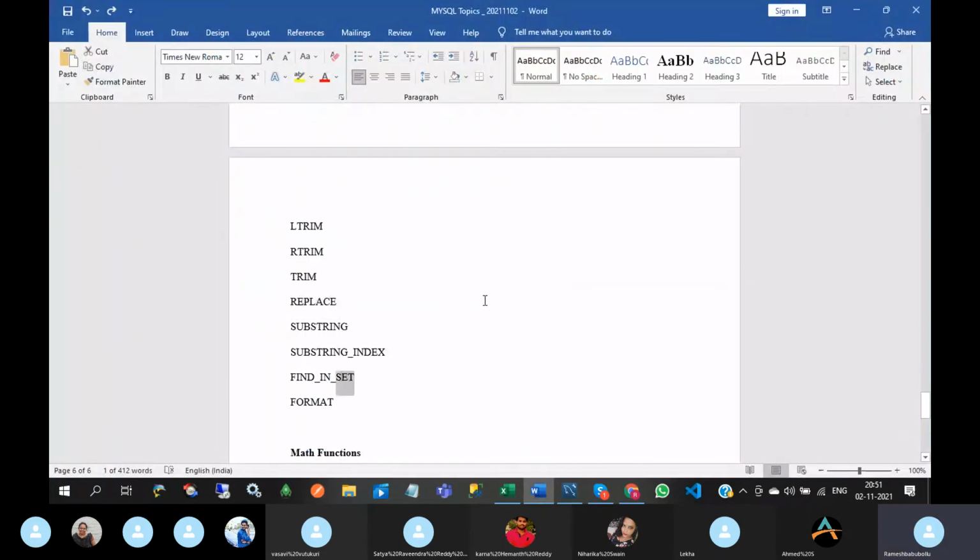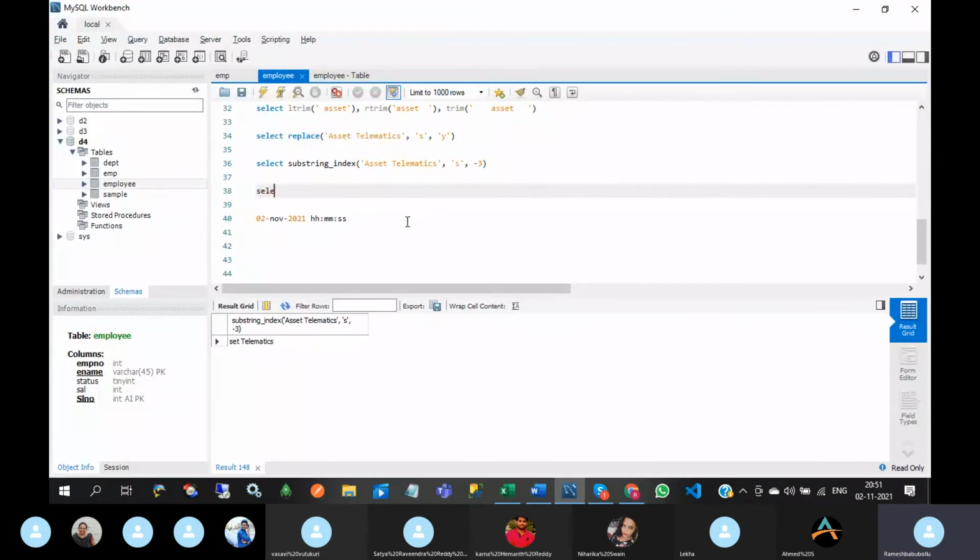Next one is find_in_set. For example, 10, 20, 10, 30.